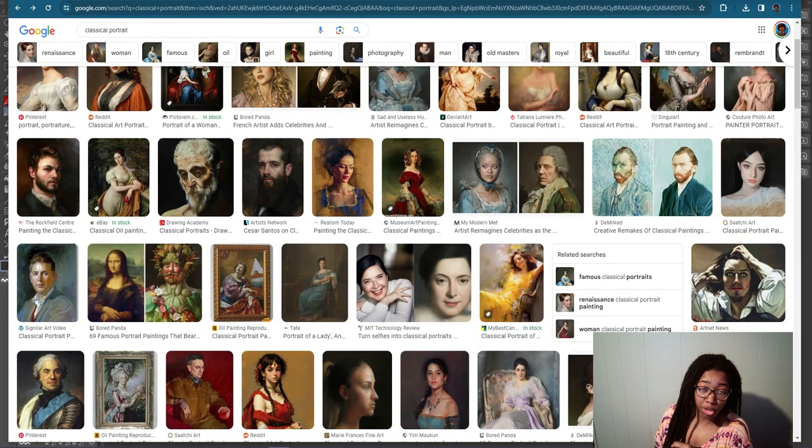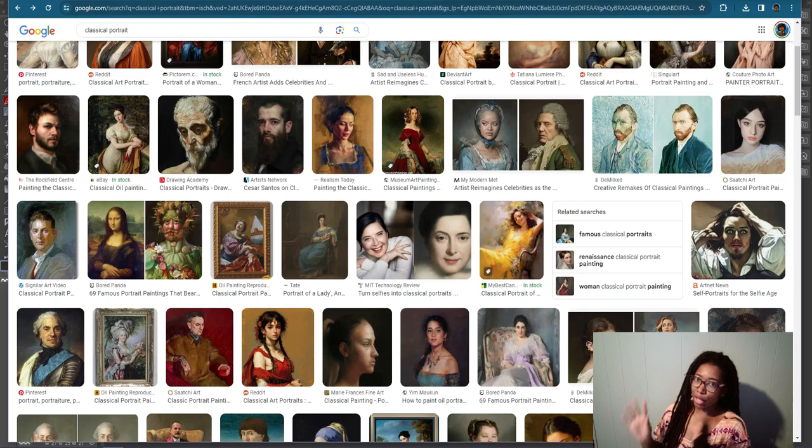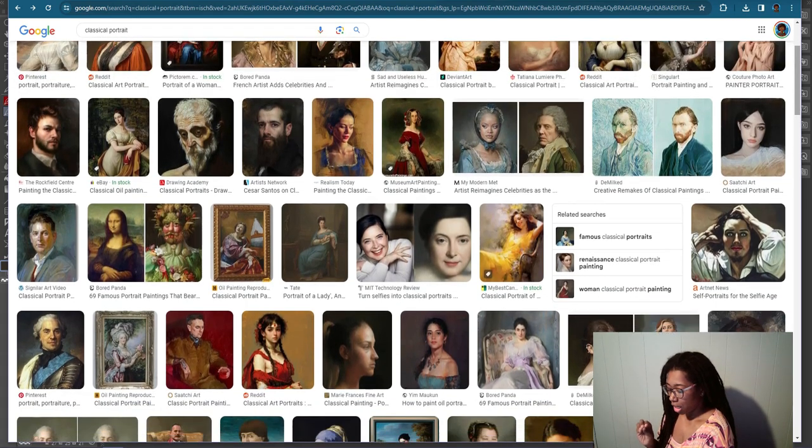Alright, so the first thing we're going to do to build up our art foundations, we're going to look at the reference library, or start looking at the words to use to build a better reference library. So starting out, I started with classical portrait. As you can see here, just scrolling through, there's a lot of that 3/4 angle, because in classical portraiture, a lot of